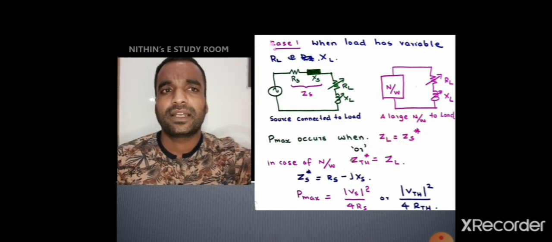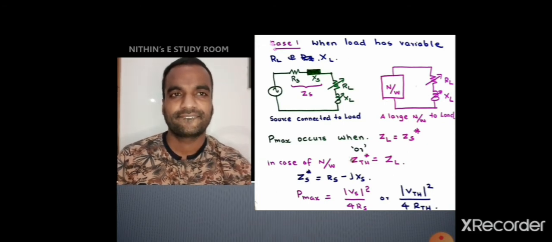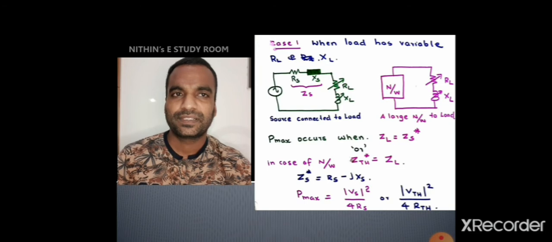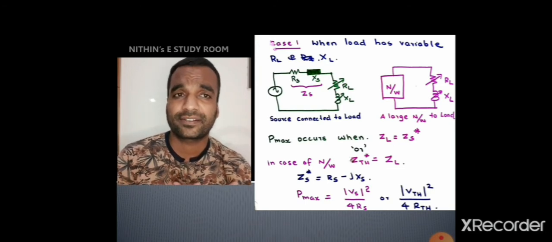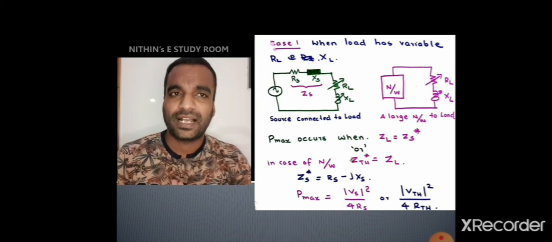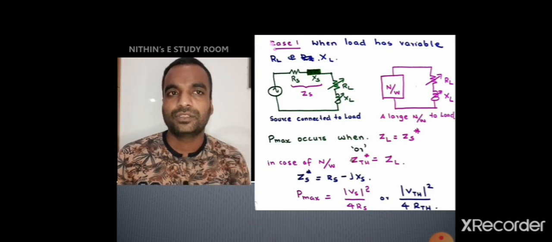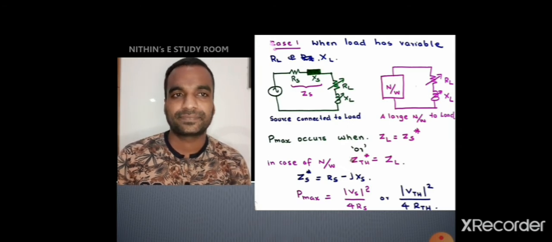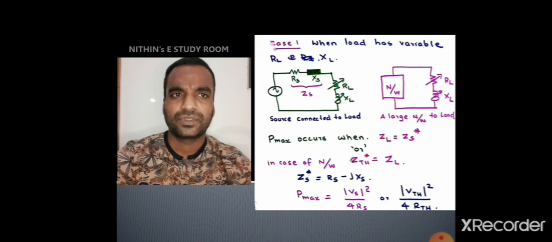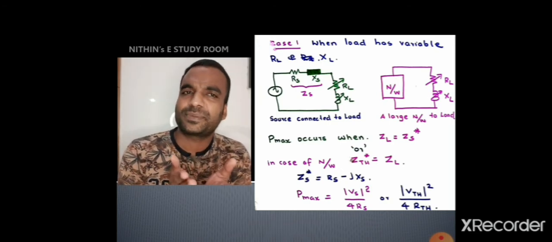And what is ZS? How can you say that in the form of a vector? Can you say R plus X? Can you simply say RS plus XS? No. As it is a vector, you have to give an angle or j, some operator should be there. So we can say it as RS plus jXS. If that impedance is equal to RS plus jXS, why are you taking RS plus jXS? Why are you not taking RS minus jXS?